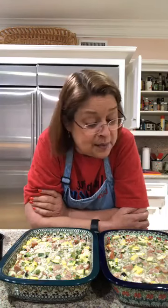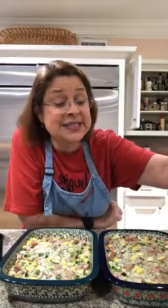Boo-hoo. Anyway, so yes, the Polish pottery is dishwasher safe, microwave safe, oven safe. It goes in the freezer. It goes in the refrigerator. The only place it doesn't go is on top of the stove. No stovetop. But other than that, it goes everywhere. And so it is white. It is my favorite thing. So anyway, so that's ready. 350 degrees, 30 minutes. 30 minutes if you used instant rice, minute rice. If you used actual rice,